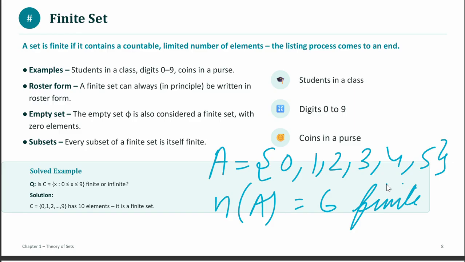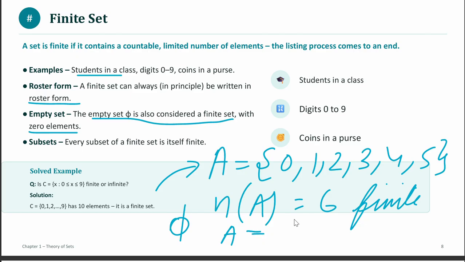Fine. Now, students in a class, we can count students in a class, therefore it is a finite set. Digits 0 to 9, we have 10 elements, right? We can again count them. Coins in a purse, they are countable. A finite set can always be written in the roster form. We can write it in the roster form like this, right? The empty set is also considered a finite set with 0 elements. We consider the empty set, which we denote by this, to be a finite set,